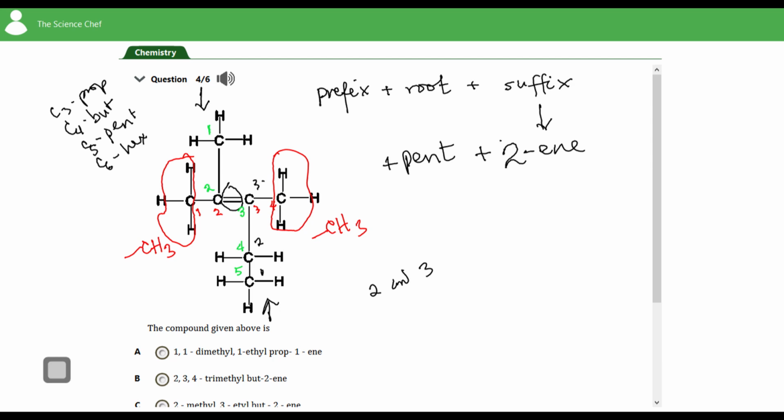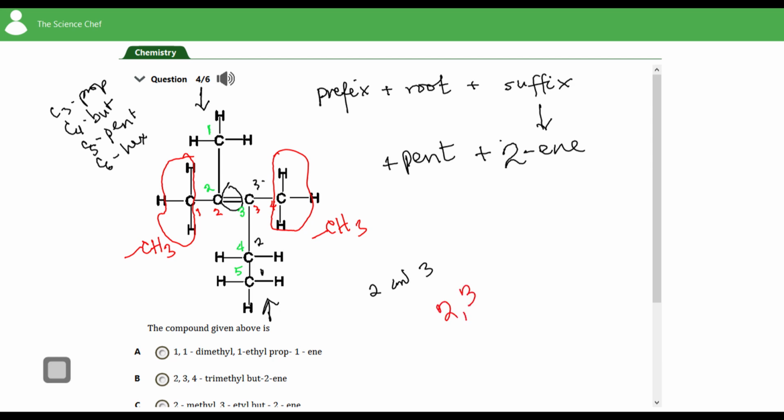And this CH3 is what? Methyl, right? And since they are the same, we can say it is dimethyl. But their positions, their room numbers, must also be taken into consideration. This methyl is sharing the same room number as the landlord, which is 2, right? And this other methyl is sharing the 3rd room number, which is 3. So when writing, we use commas, 2, 3